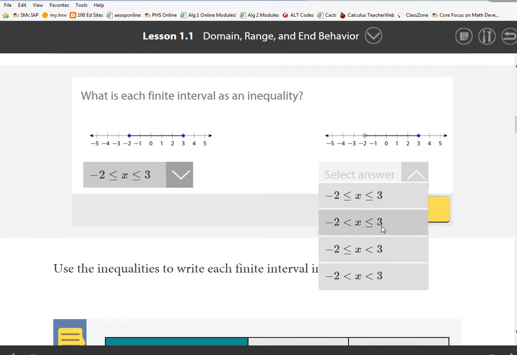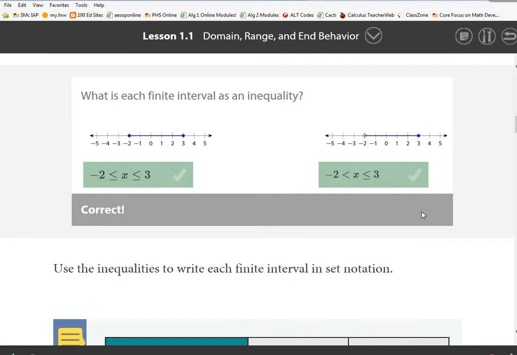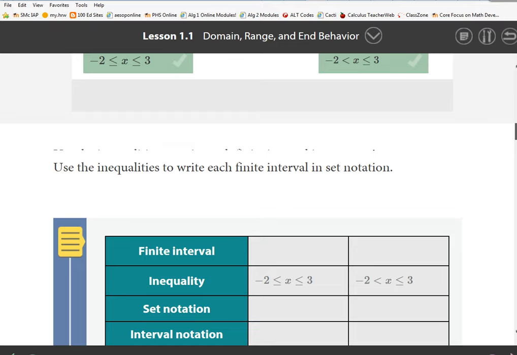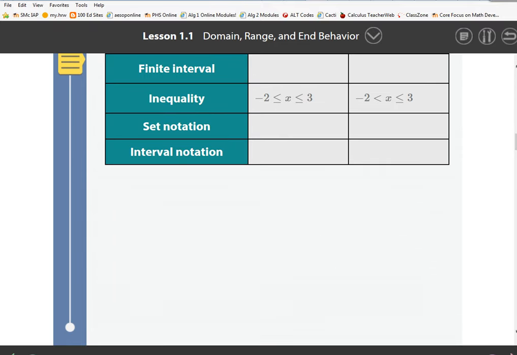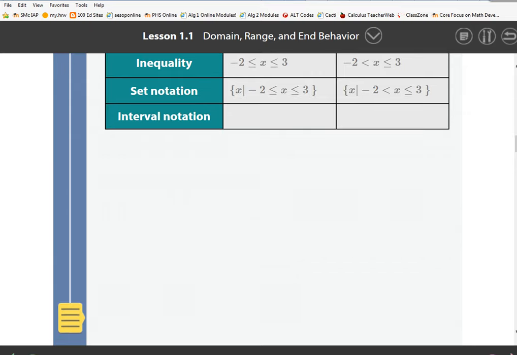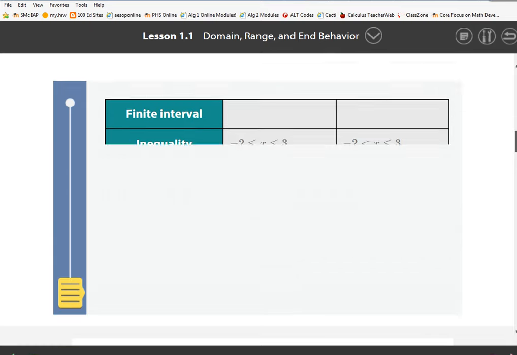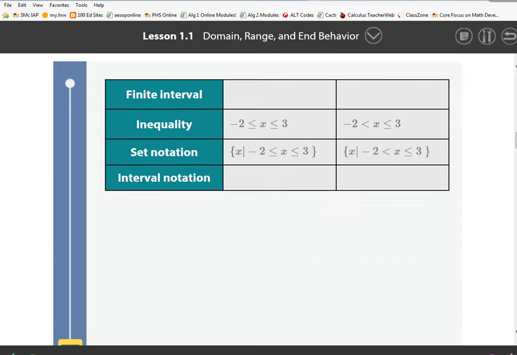Second, good. All right, that's good. Okay, so we got those. So the set notation would just go right with that, right? Once you know how to write it as an inequality, you know how to write it as a set. That's no big deal. What about